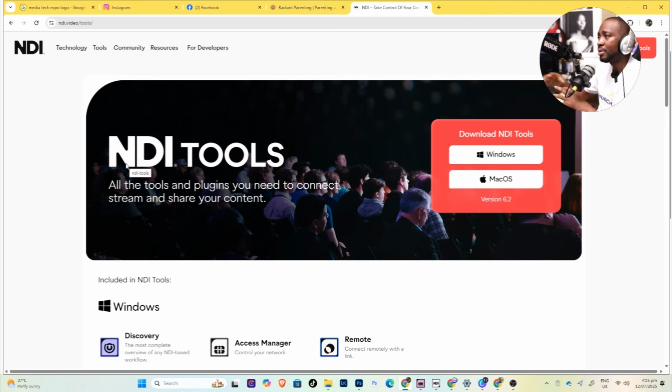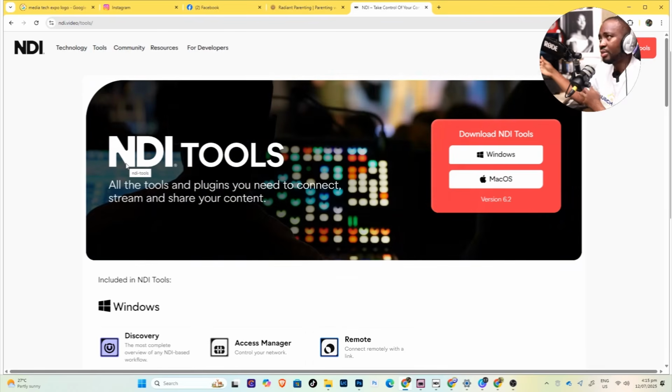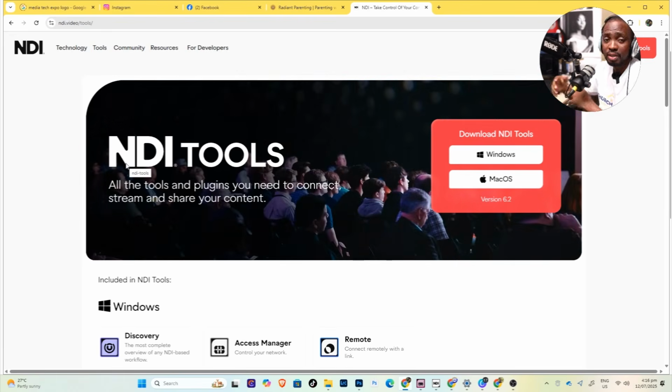So if I have maybe my camera, my laptop, all of them sending a signal to my NDI platform, I can be on the same network sitting outside the room and be able to get access to all these people are sharing. I install it on my machine. So if my guys are in the office, they are working on the machine, and I open with the same network,